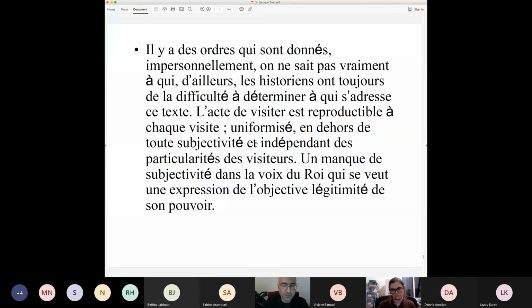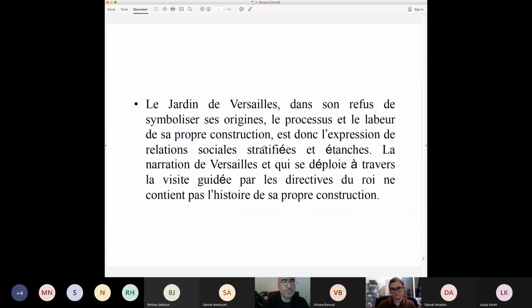The impersonality of the king is the objectivity of his power, of his legitimacy. He, objectively, must be king. As if 1 and 1 is 2, Louis the XIVth is king. And this objectivity of his power is expressed in this impersonality. So that, in effect,